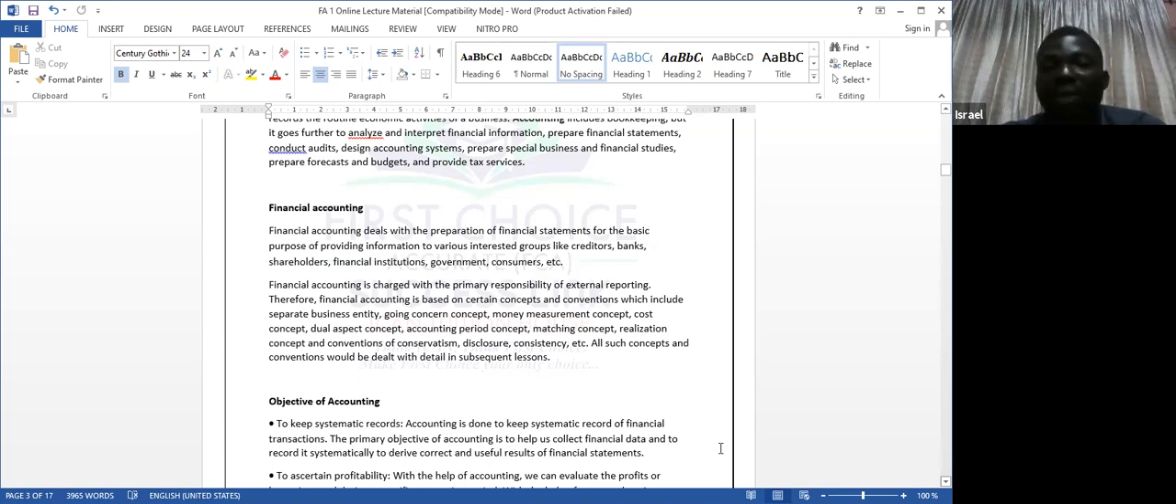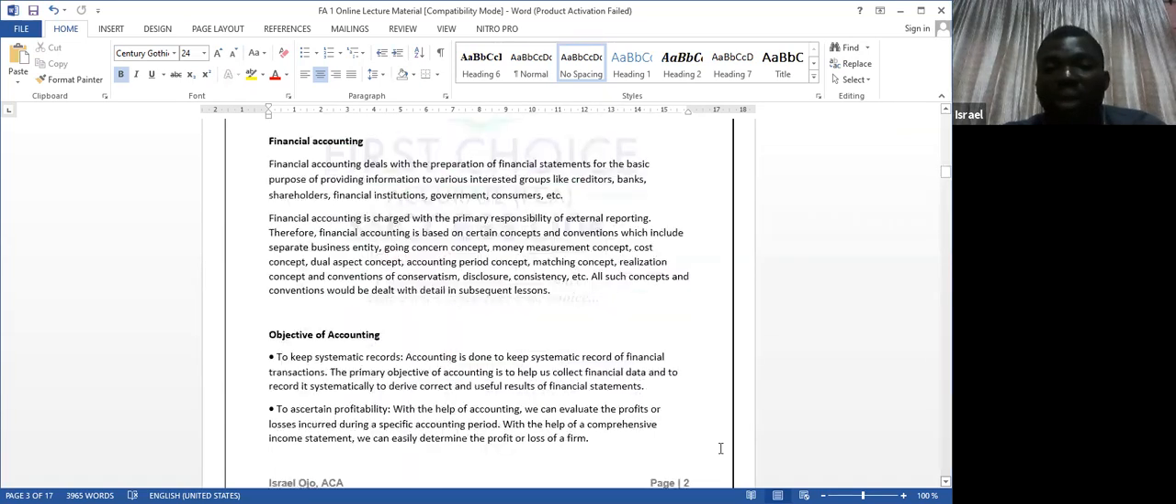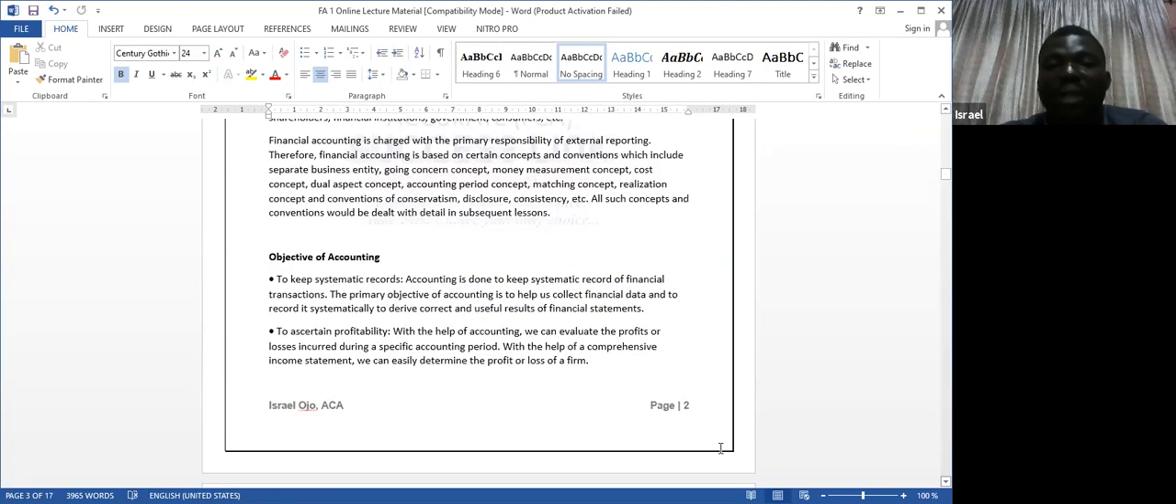Now, let's talk about the objectives of accounting. What are the objectives of accounting? The first one is what? To keep systematic records. The reason why we have accounting, or what accounting intends to achieve, is number one, to keep what? Systematic records. To have a record that is presented in a systematic way and is free of errors,